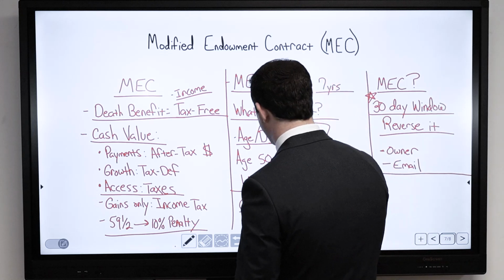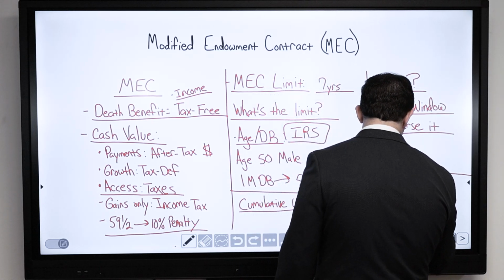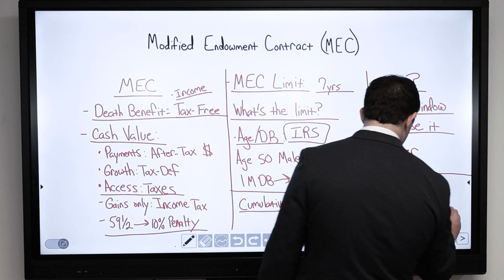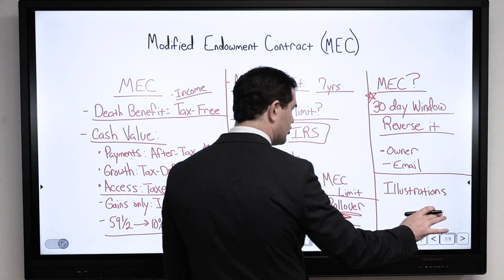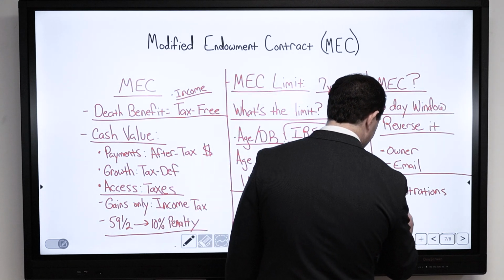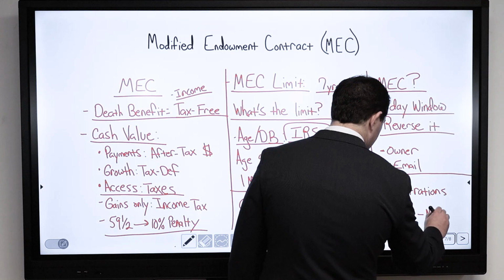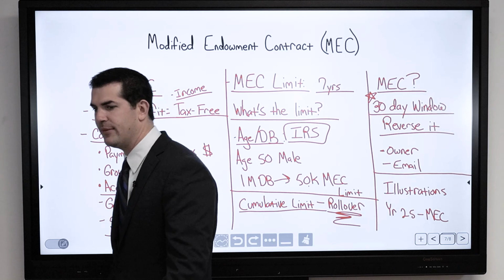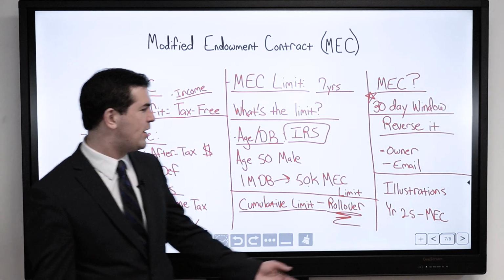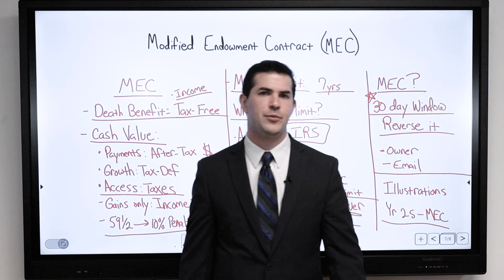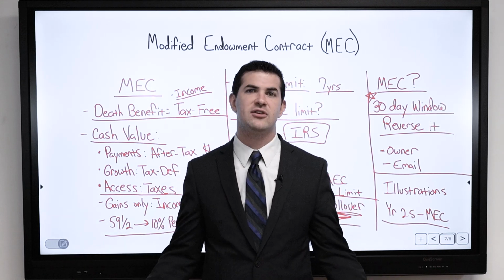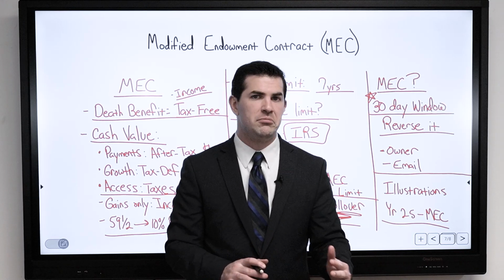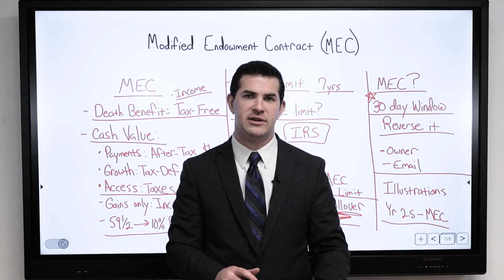Now, what happens if you see an illustration where you're paying in X amount of dollars and you're told, hey, based off of this design or this illustration, in year 25, you're going to MEC out. Your policy is going to trigger a modified endowment contract if you keep making payments. So you really like the design and that's the one thing that's holding you back. Well, the question to ask is, do you want to fund the policy at the max, or whatever that illustration is, for 25 years? If no, then you're okay because you can stop funding much earlier than that in most situations.